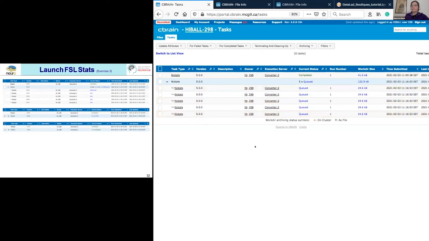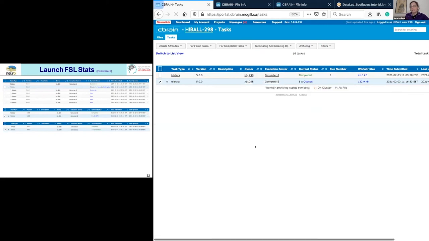And if you refresh, it will go to on CPU and then to completed. I think it's the right time to take questions if you have any, because after that I will go to the SFTP side and show how to get back your results on your local side. So it's on CPU. We are all in queued. For some, it will take more time because everyone is launching 5 tasks.